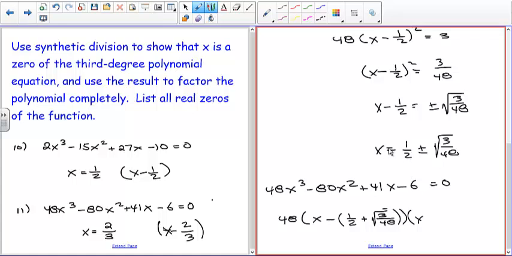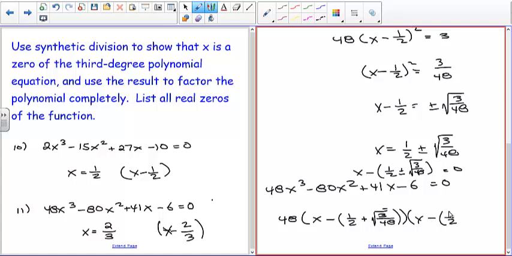So to go from this, what I'm going to do is I would subtract 1/2 plus or minus the square root of 3 over 48 equals 0. So this gets it in its factor form, so it's x minus this number. That's the factor. And the factors are this plus the square root of 3 over 48